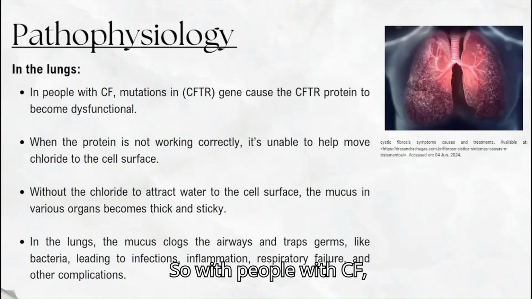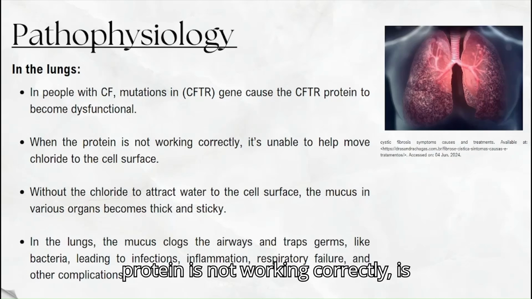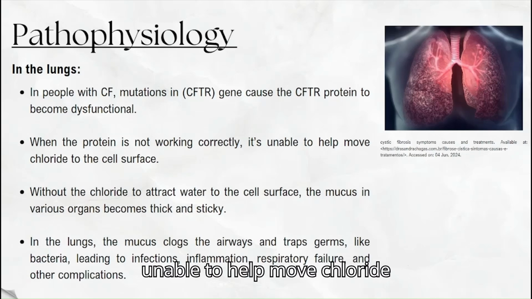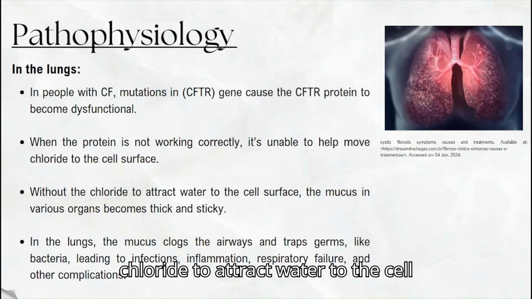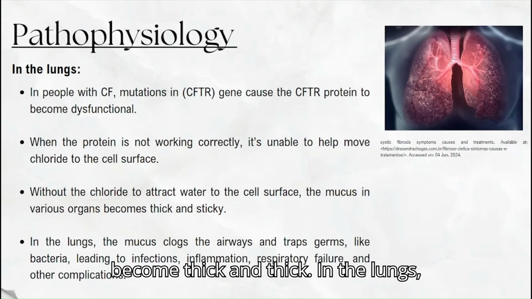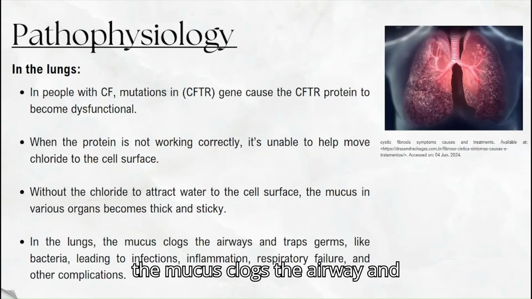So in people with CF, the CFTR protein becomes dysfunctional. When the protein is not working correctly, it is unable to help move chloride to the cell surface. Without the chloride to attract the water to the cell surface, the mucus in various organs becomes thick and sticky. In the lungs, the mucus clogs airways and traps germs like bacteria, leading to infections, inflammation, respiratory failure, and